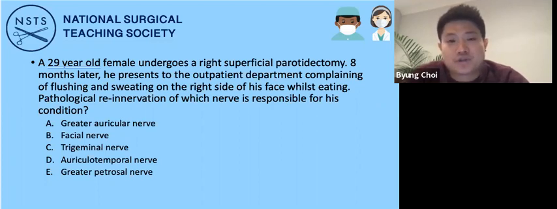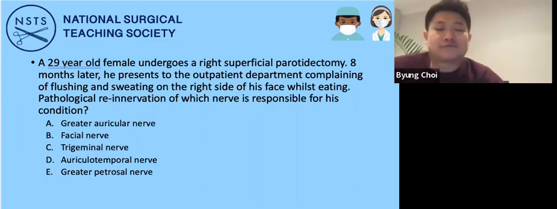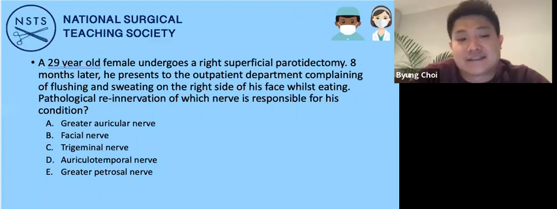Okay, so the answer to this question would be D, the auricular temporal nerve. Essentially the condition that they are getting at here is called Frey syndrome, which is a complication from parotid surgery